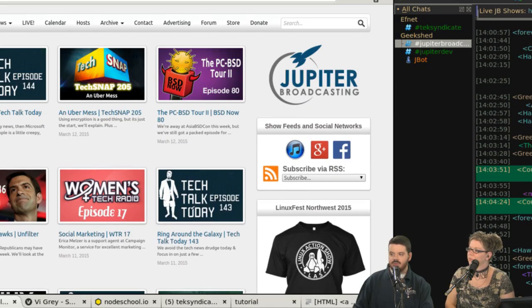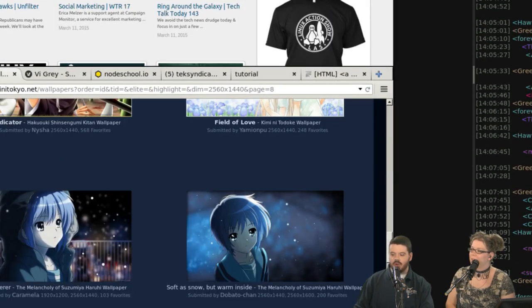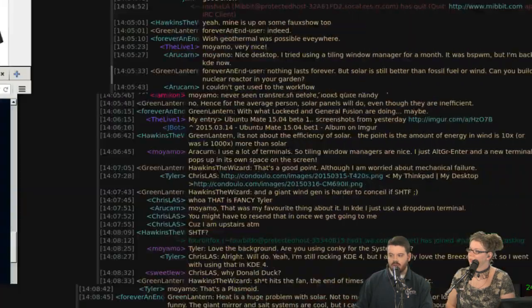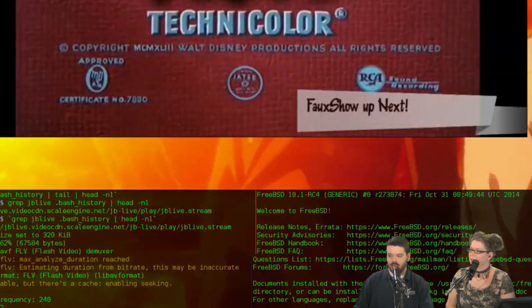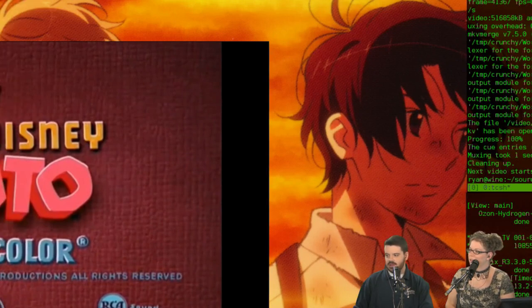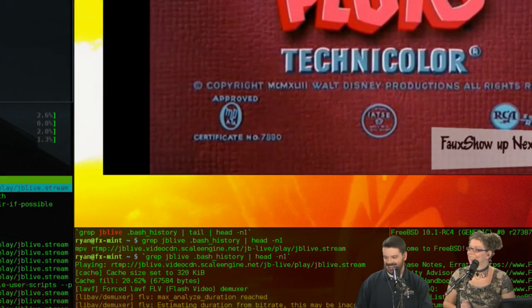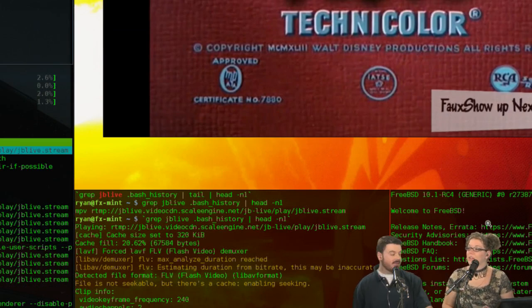Instead of a traditional desktop, this desktop takes all of the windows and cascades them for you. And then as you close them, it re-expands them. And of course, he has this going across multiple monitors. So it's tiles and tiles of windows. Sounds like a Windows thing. Is it a Windows thing? No. Look, there he is watching the FauxShow pre-show. Nice. Yeah, that's pretty cool. And that is pretty different, interesting.